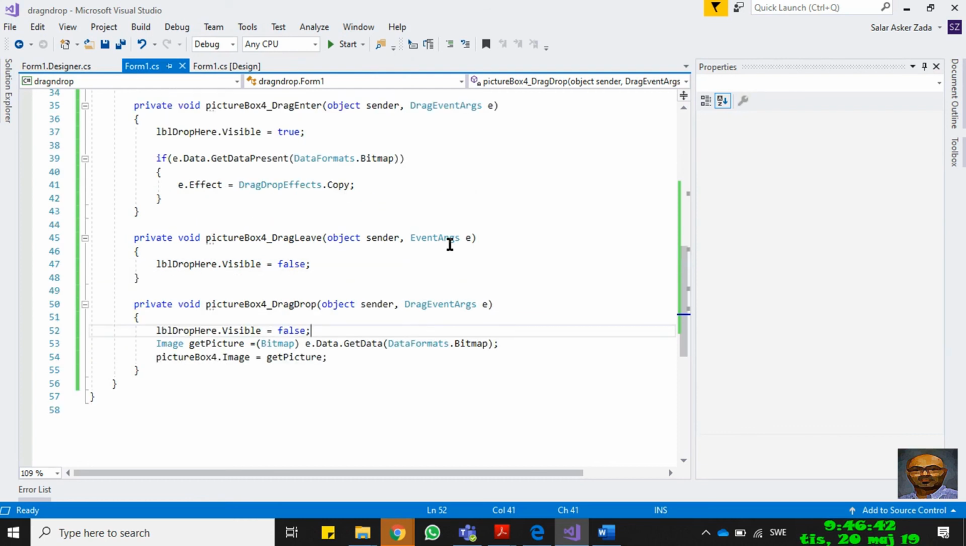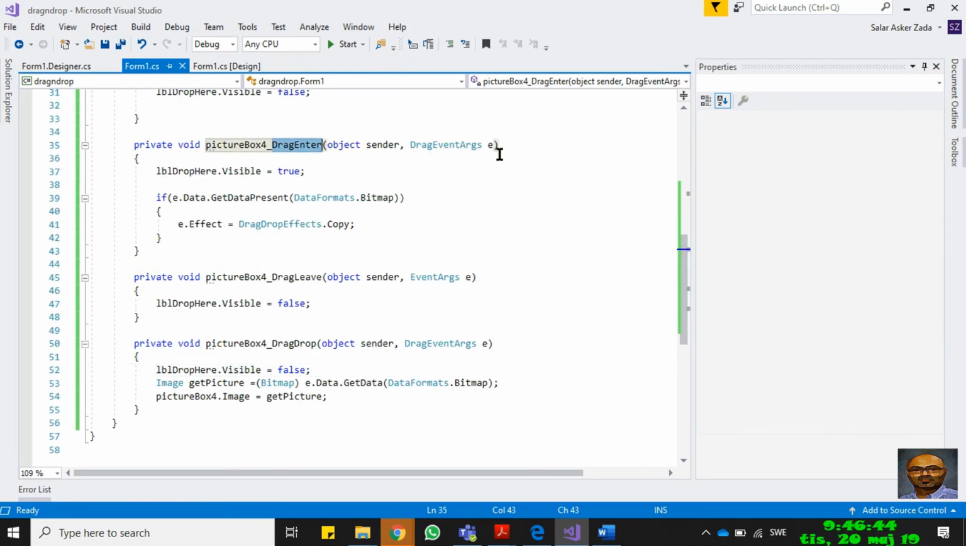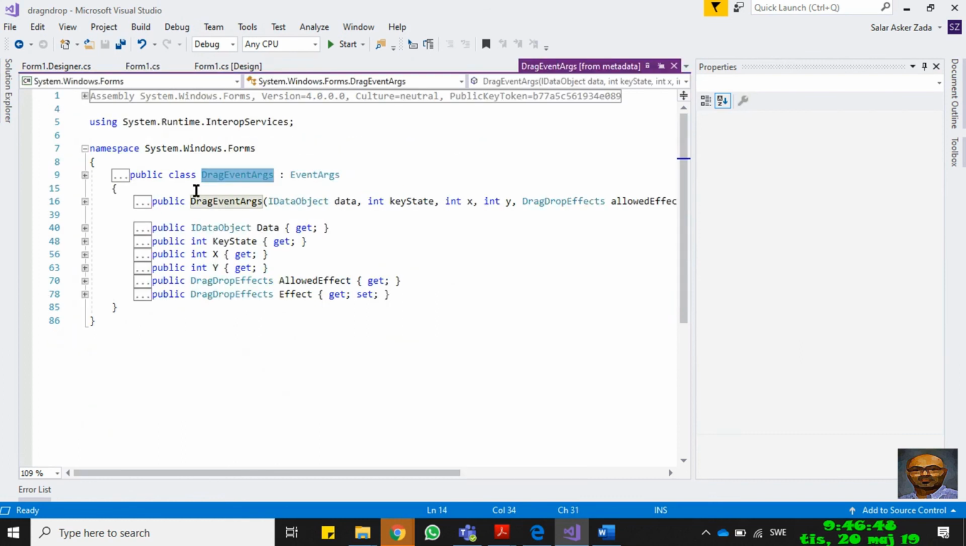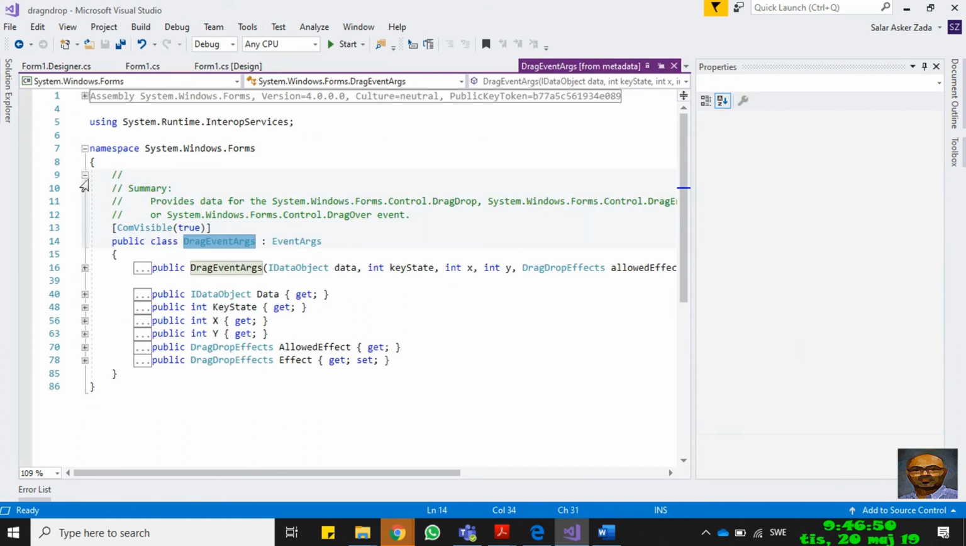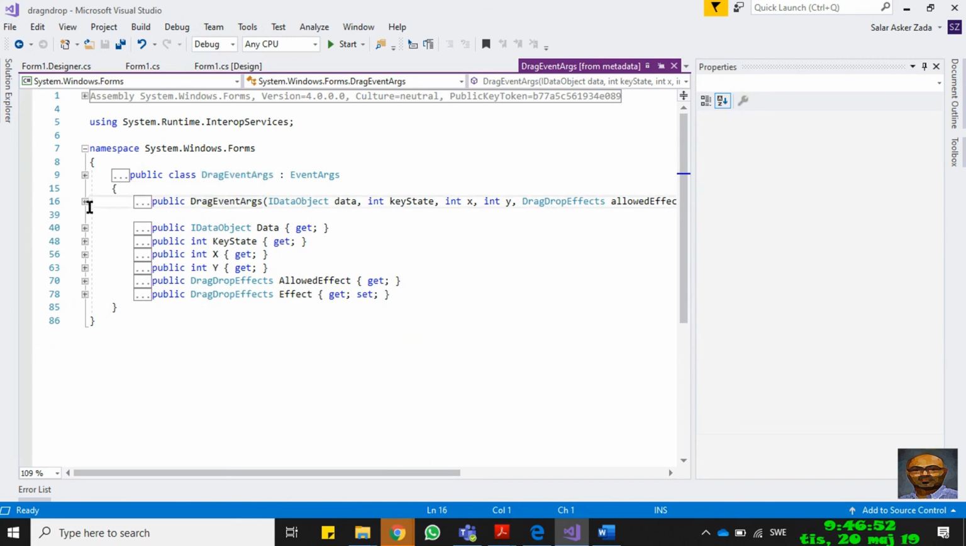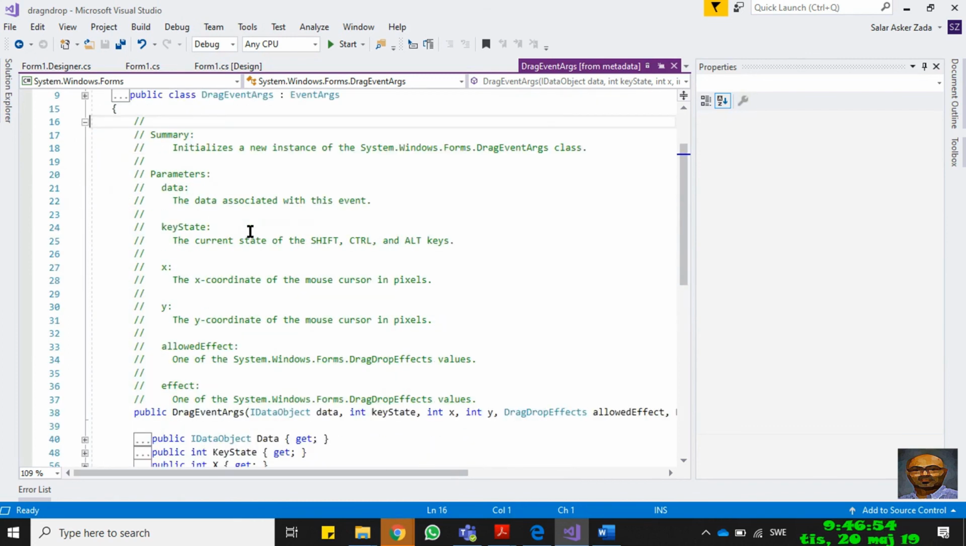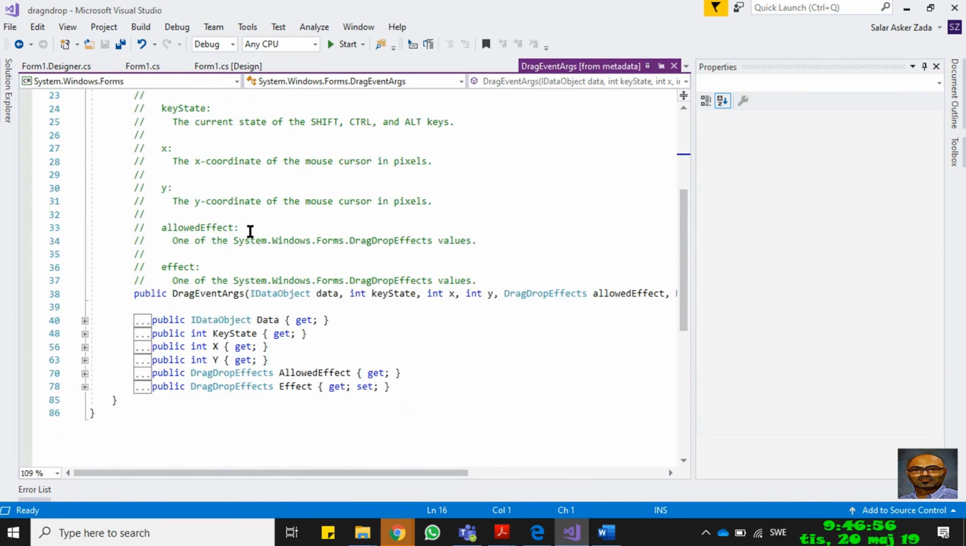DragEnter is fired when the mouse enters the area of PictureBox containing drag and drop data. The DragEnter event comes with an instance of the DragEventArgs class, which implements IDataObject. The GetDataPresent method of the IDataObject makes sure whether the type of data being dragged is acceptable for a drop. If the data is acceptable, the DragEnter event handler must set the Effect property of the DragEventArgs object